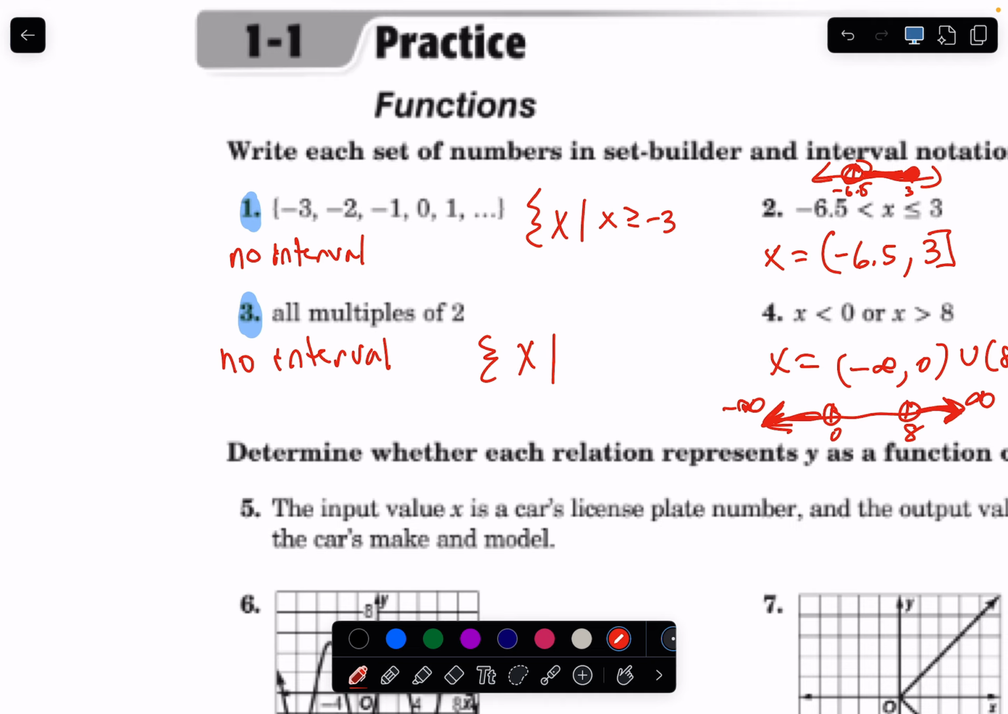Whole numbers go from 0, 1, 2, 3, 4. They don't include the negatives. We want the integers. Okay, so these are integers. Now, if you just said x is greater than or equal to -3 and x is an integer in words,